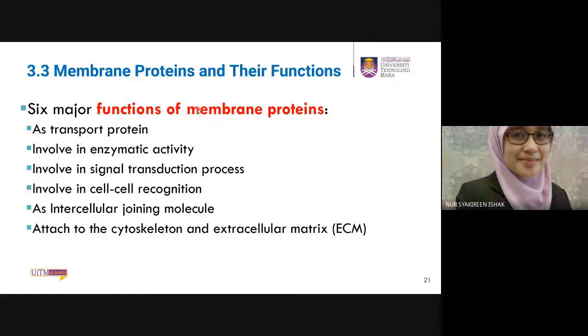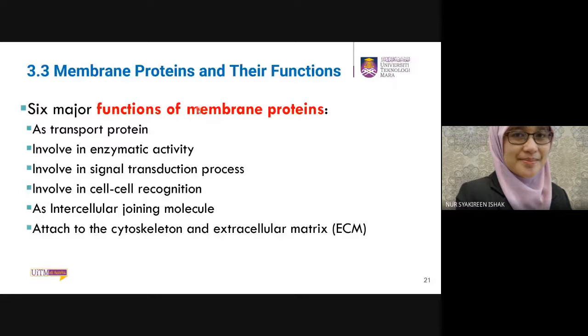Protein is a large molecule and it cannot easily pass through the cell membrane. You know the function of hormones is to control cell function, to control the cell's response to a mechanism. For example,